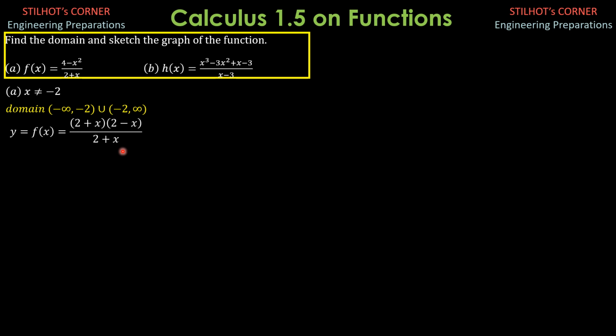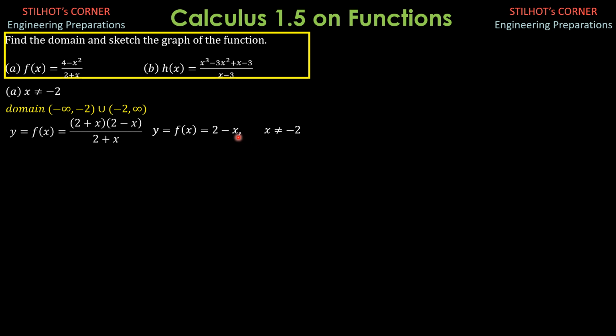And if you want to review factoring, go back to algebra. I also have a playlist here for you to review algebra on Engineers in Progress. So this reduces to y equals 2 minus x, which is a straight line, and it's easy to graph. The only restriction to this graph is that x should not be equal to negative 2. So we can set x equals negative 1.999999 or negative 2.000001 because those values are not equal to negative 2 but close to negative 2.